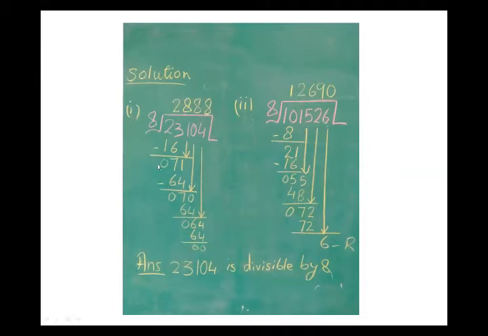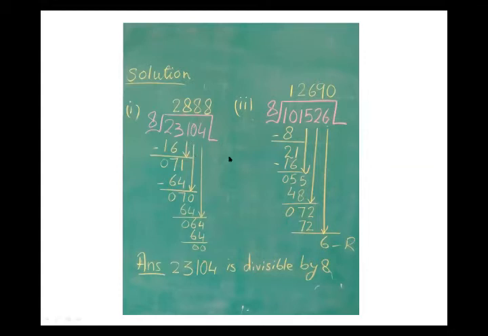And if we only talk about the number 104, if I divide 104 by 8, then firstly we pick 1, so 1 is not divisible by 8. Then we pick 0, and we check the number which is divisible. Then we check how many counts of 8 make 10 or less than 10. So we know that 8 into 1 makes 8. So by using this, 10 minus 8 is equal to 2.